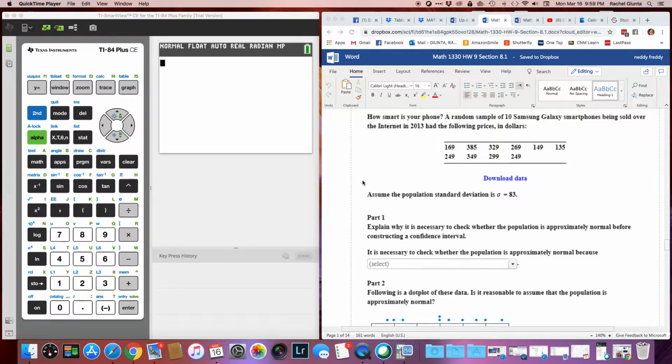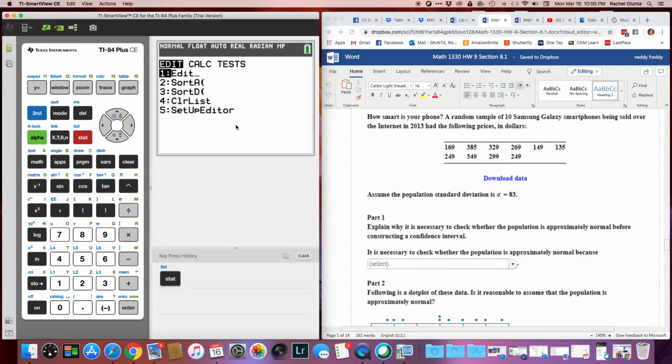Okay, we're still in section 8.1 and constructing confidence intervals, but this is one where they give you a set of numbers instead of giving you the mean and the standard deviation for this data set. So it'll be a table of some sort. It might look like this. To do that, we're going to go back to doing that L1 thing,